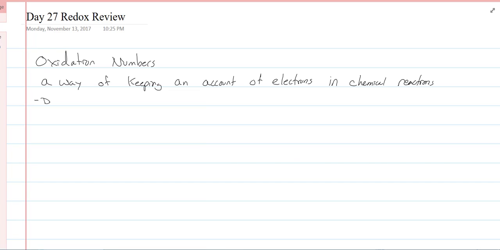Now this does not necessarily reflect where the electrons are. It's how humans keep account of these electrons, how we do it, right? And it's a system that we use to predict behavior, because we like to predict behavior. So the common rules